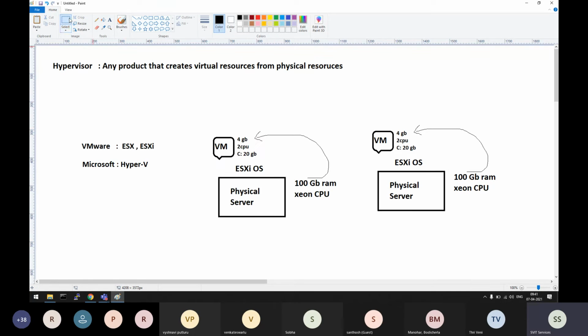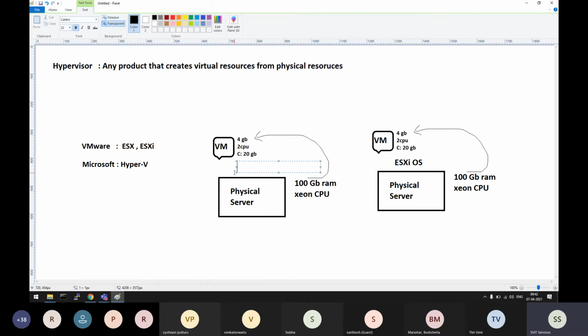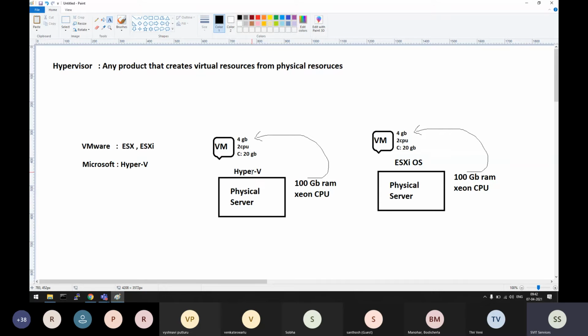On the physical computer, instead of installing ESXi OS, install which one? Which product? Hyper-V. If you install Hyper-V, it will also help us to create virtual computers like this. Same as ESXi, how it is helping us to create virtual computers, this Hyper-V also will help us to create virtual computers.